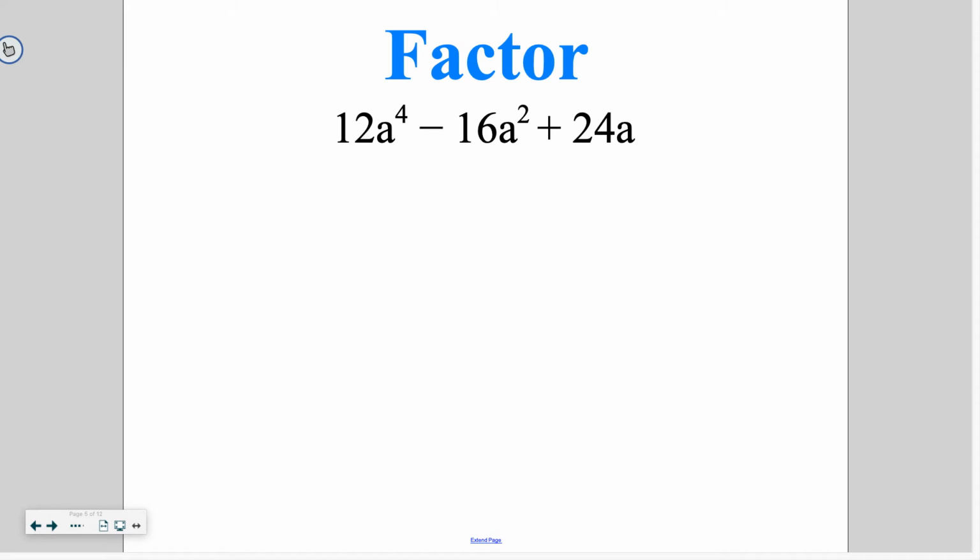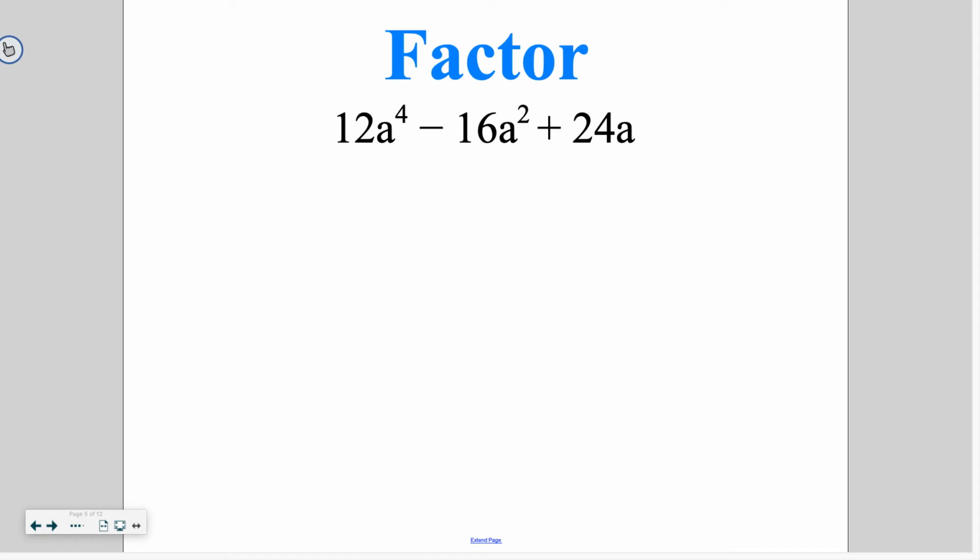So on this first one, we're going to factor 12a to the 4th minus 16a to the 2nd plus 24a. If you want to go ahead and try these problems on your own individually by pausing your video, that's fine. Or you can go ahead and just listen to me explaining this. There's not going to be any questions during this video where it actually pauses for you. So you can go ahead and pause and try these on your own, or you can just follow along and